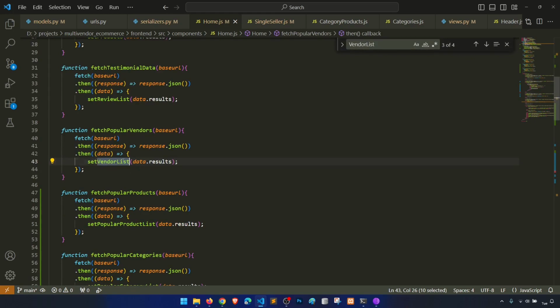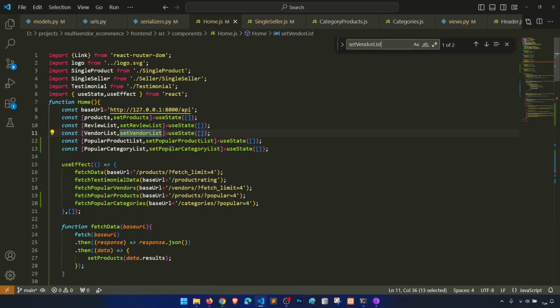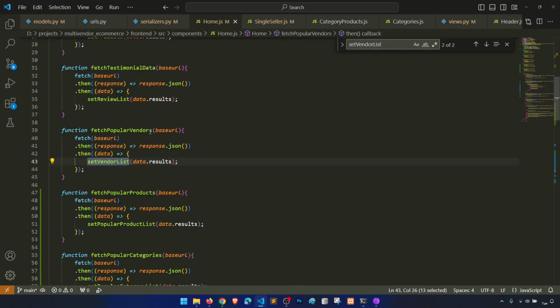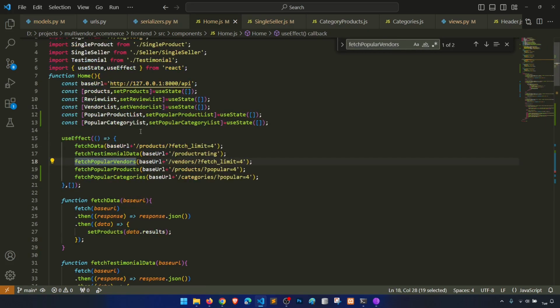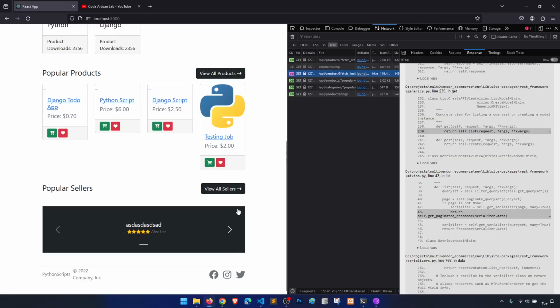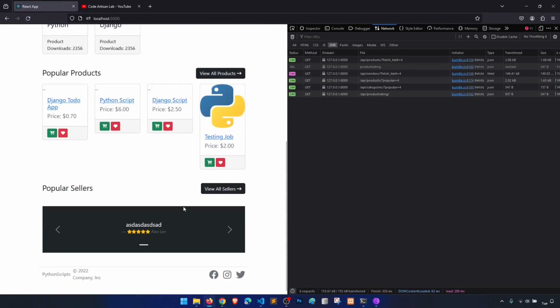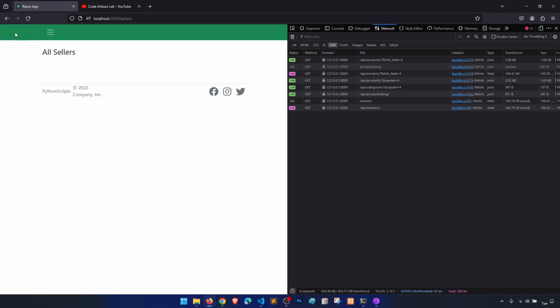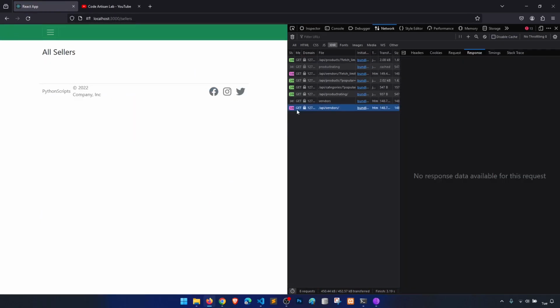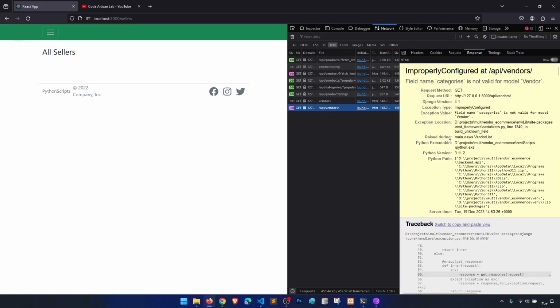So set vendor list, use state and set vendor list, where we are setting this vendor list in the fetch popular vendor. And in the fetch popular vendor, what URL are we saying? Vendors. And what issue are we facing? Popular sellers, and sellers are not coming because field name category is